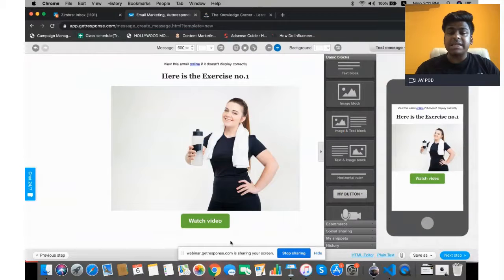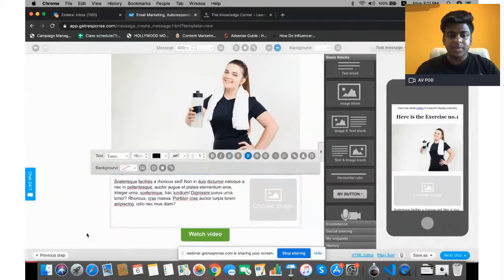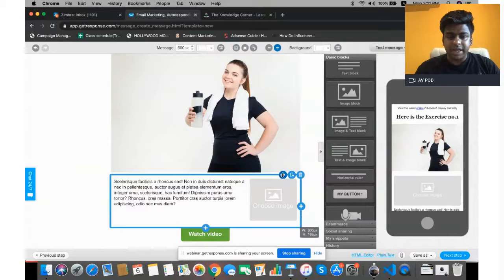So if you want to write instructions, then you can also add this kind of block where you can add text and image blocks. So I'll just put it over here. And I have to do this. So there's a mistake. If you find any kind of mistakes like this, you can just drag and drop like this.